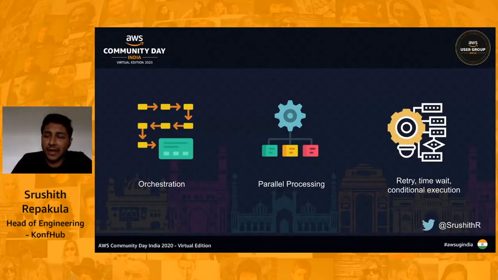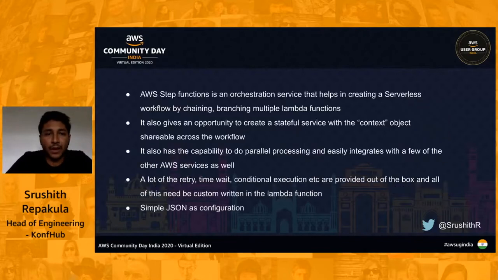So these are the various features of Step Functions, and trust me, it is very, very simple because it is simple JSON that we have to configure. The retry logic, the wait logic, all the things I have told you is a simple JSON configuration that we write, and then it simply gets executed. I mean, AWS takes care of executing those Lambda functions for us.